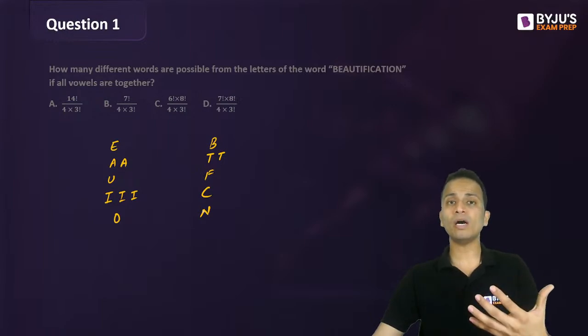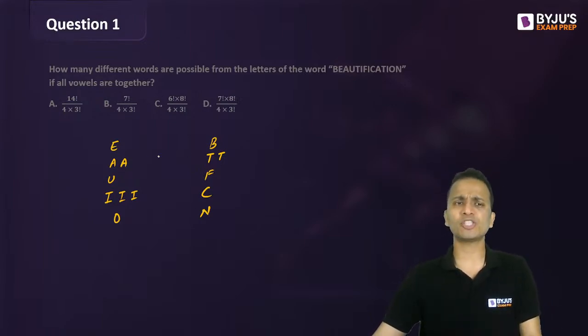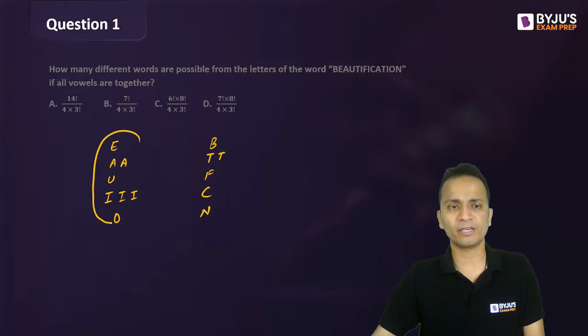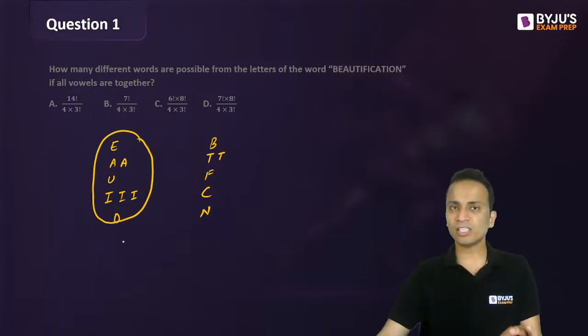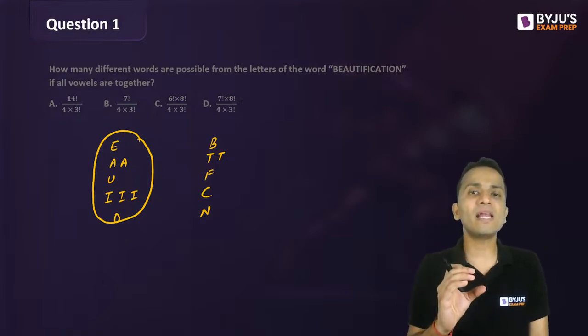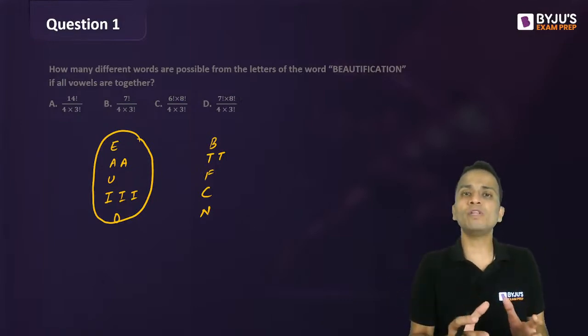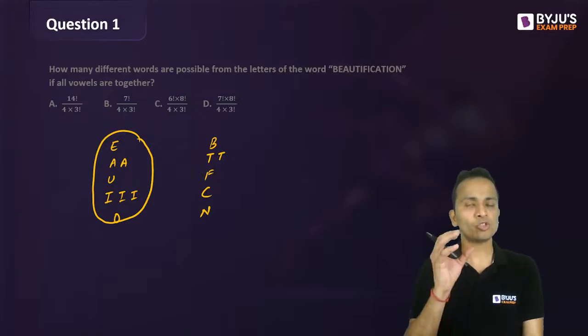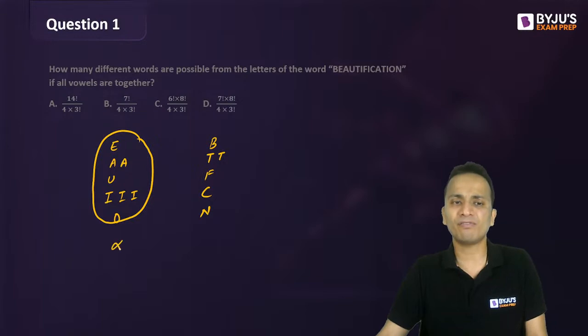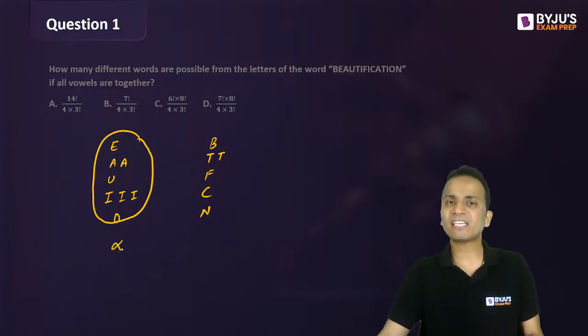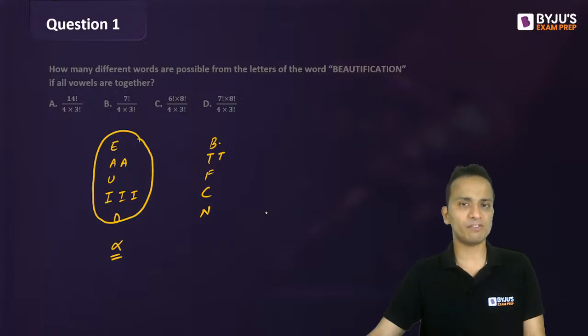But we don't have to jumble these 14 alphabets. We have to make sure that all the vowels are together. So whenever this is the condition, what I do is we can consider all these vowels as a single alphabet. Now, wherever these vowels will go, they all will go together. So we will consider them as a single alphabet. Let's say alpha. Okay. So now effectively, how many alphabets do we have? This is 1, then 2, 3, 4, 5, 6, 7. So we have 7 alphabets.